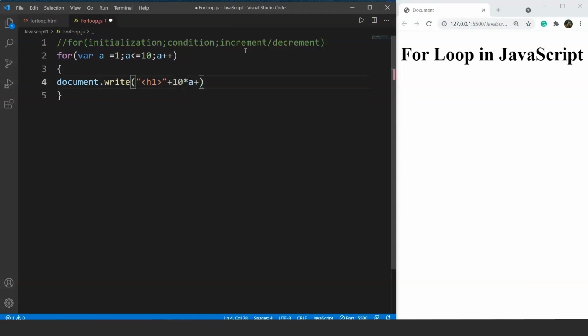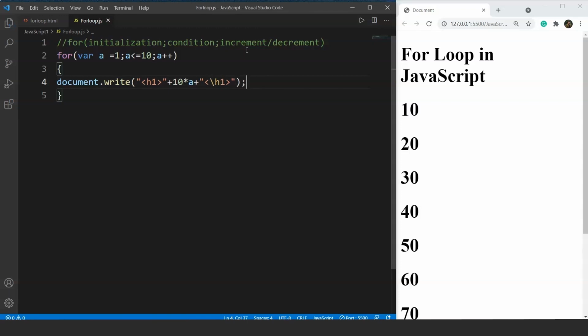For every iteration, the value of a will be multiplied by 10 and then it will be printed on the browser. So we'll close the h1 tag here in the semicolon. So here you can see we have printed 10 into a. Let's save it and check the output first, and then we'll look at the execution flow of this program.